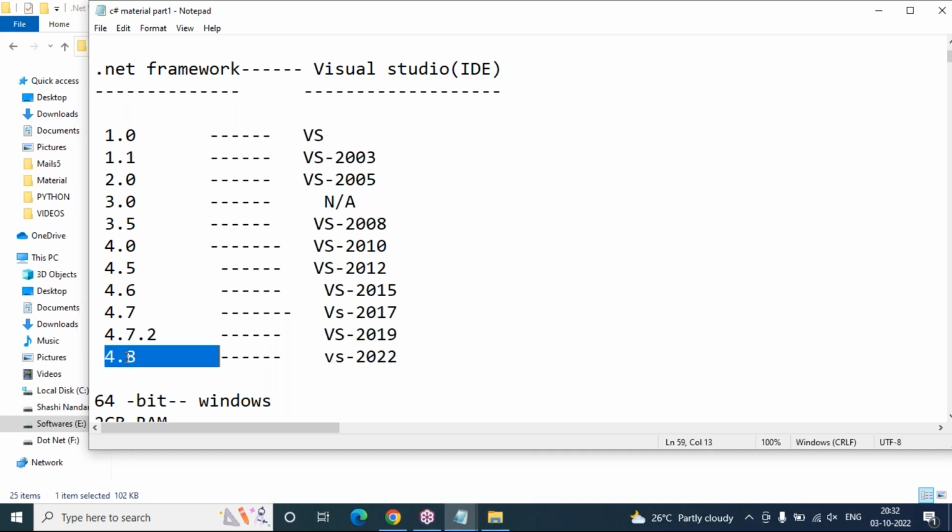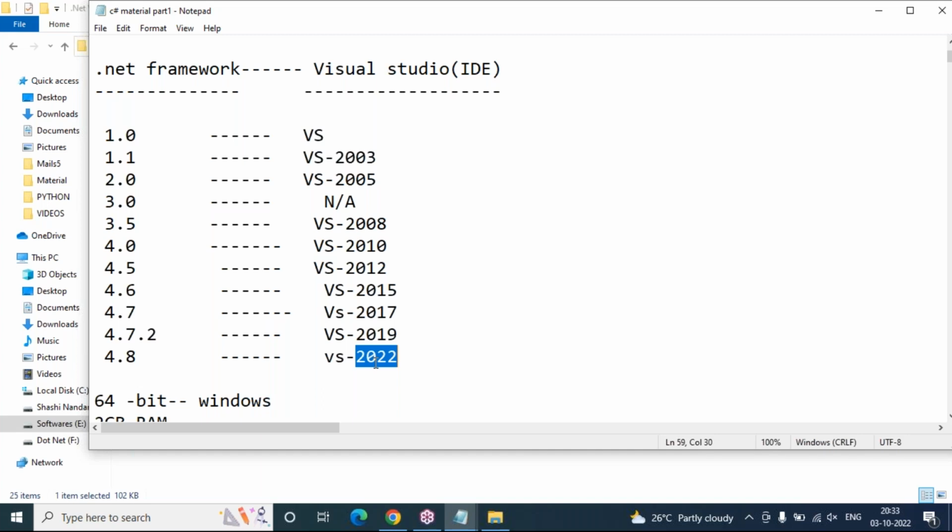If you want to work with .NET 4.8 framework, you can go for VS 2022. Okay, VS 2019 is suitable for up to 4.7 only. So 4.7, all minor versions also supported in this VS 2022, no problem. When we open Visual Studio 2022 while creating an application, it will clearly suggest that you can choose your framework version and continue with the application.